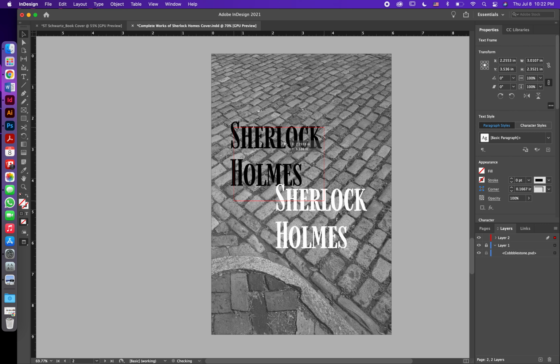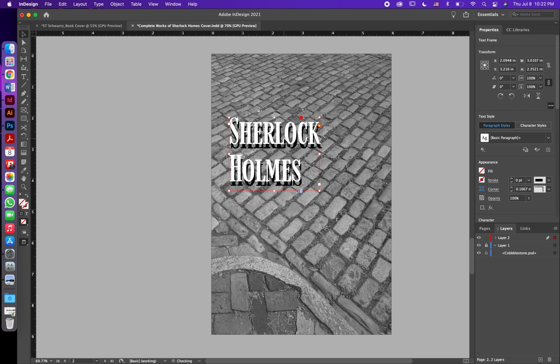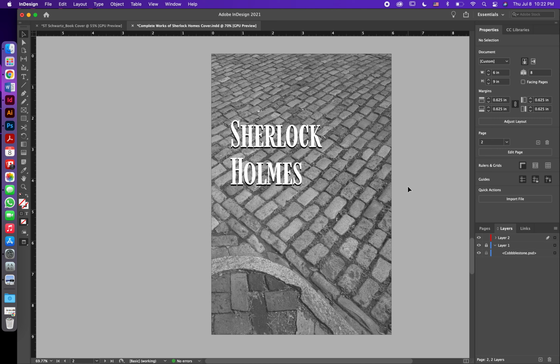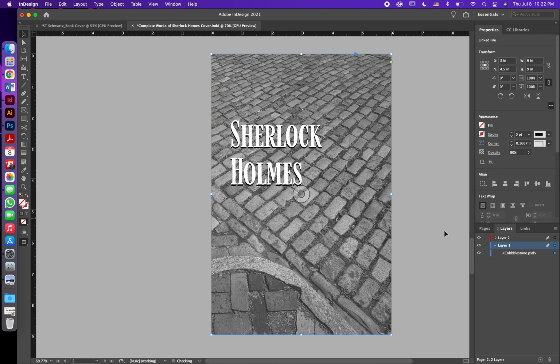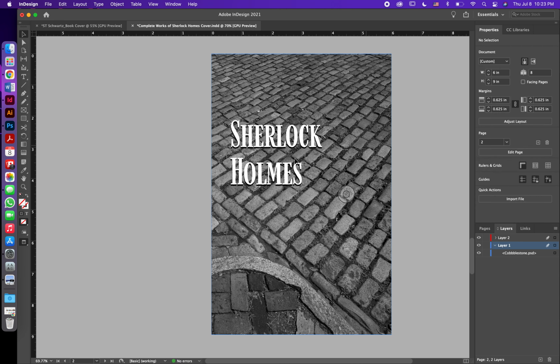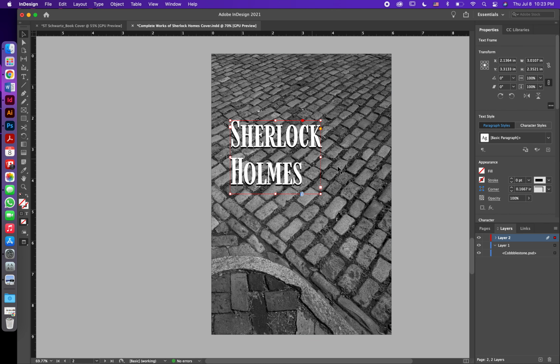And then layer these on top. This one on top, and that makes it a little easier to read, I think. Let's see what happens if we take the opacity of this. I have to unlock it. I'm going to take the opacity of this back up. There we go. And now it's still nice and moody without being too